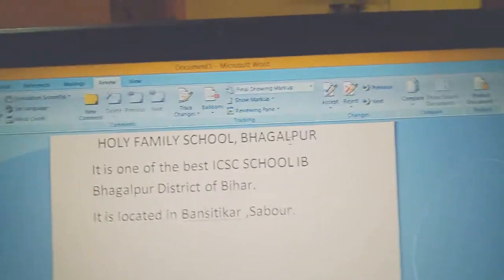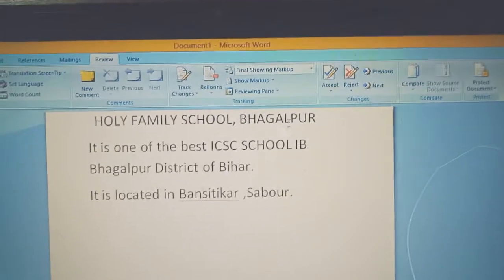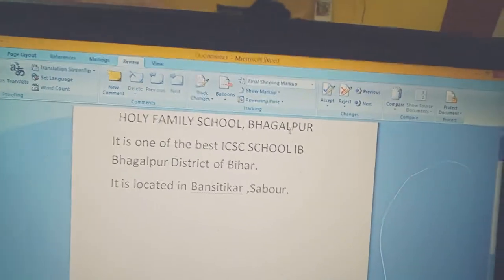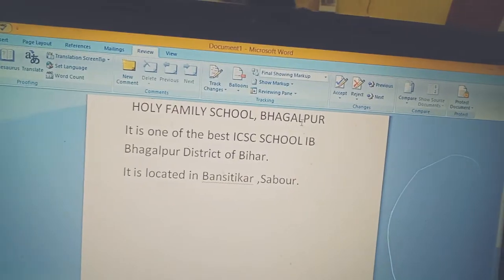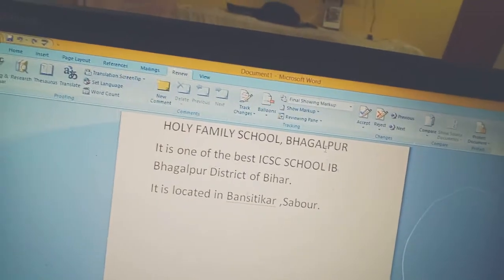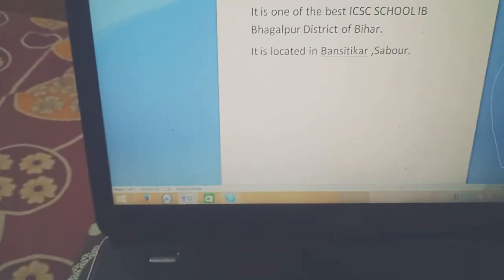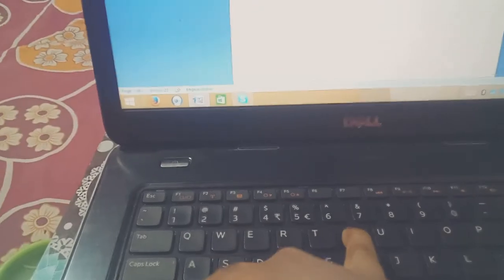One thing which is very important in undo and redo is it just moves one step back. Control Z is used to undo and Control Y is used to redo. You just press Control and Y. Wait, I'm helping you to see it there. You just press Control and Y. That is the key combination.